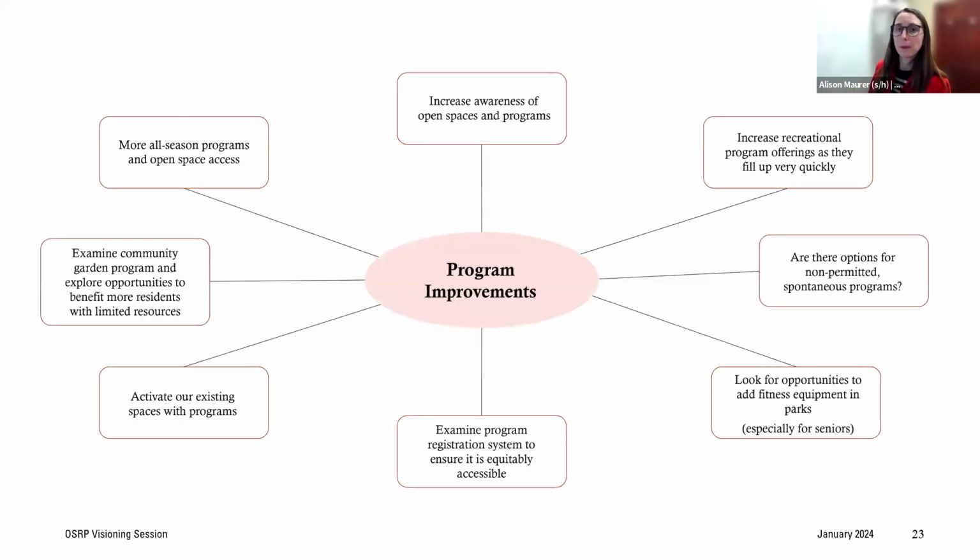The next one is program improvements. We've heard a bunch about wanting more all-season programs. Those could be recreational programs or just spaces that are usable outside in all seasons. There's a desire for us to re-examine the community garden program to explore opportunities to benefit residents more. This could be creating areas that are more open and not split up between individual beds designated for one person,